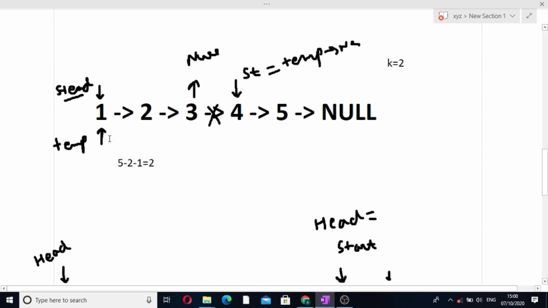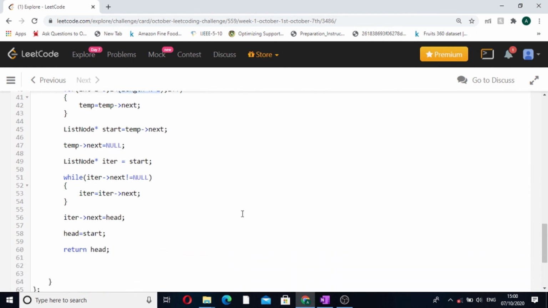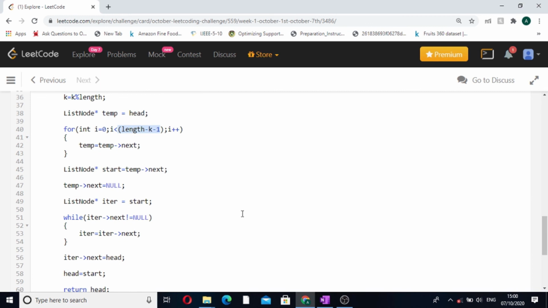We know that when we iterate this loop 2 times, our temp pointer will be pointing to 3. So therefore we have taken this as our condition in the for loop. We have to just iterate 2 times. Temp on first iteration will come to 2, and on second iteration it will come to 3, and this will be our breaking point. So to generalize this formula, we have taken length minus k minus 1 as our condition for the for loop.